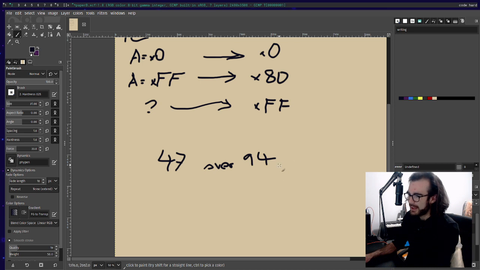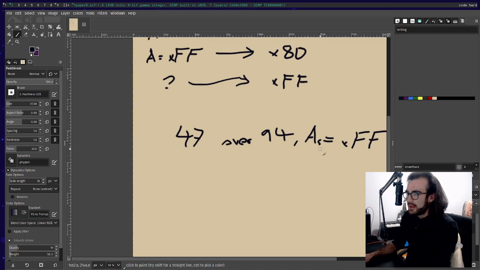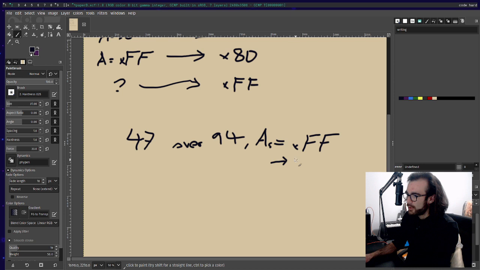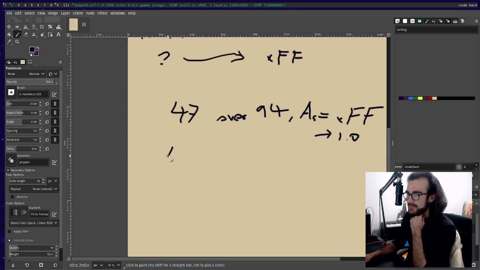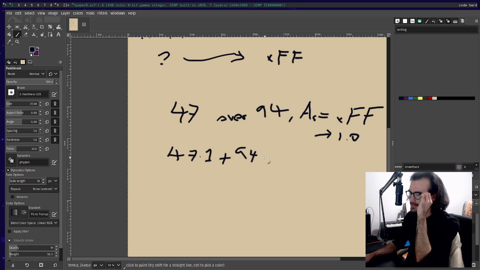Let's go S equals hex FF, which is the equivalent of 1.0. So this becomes 47 times 1 plus 94. And again, these are actually hex numbers in the file. We're just going to convert them to decimal because it's easier. Times 0. This is just 47.